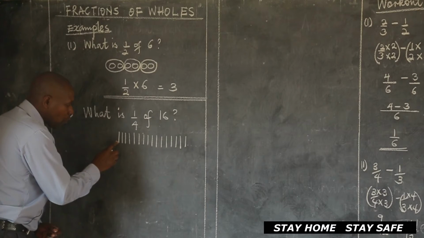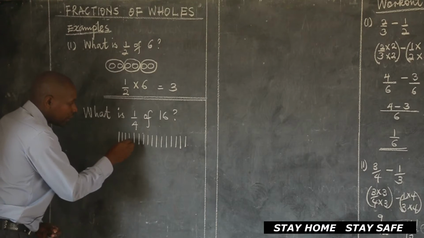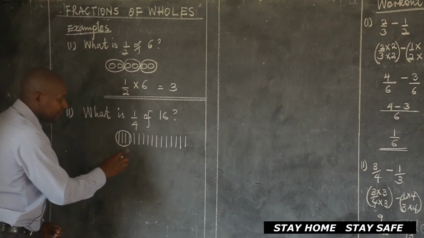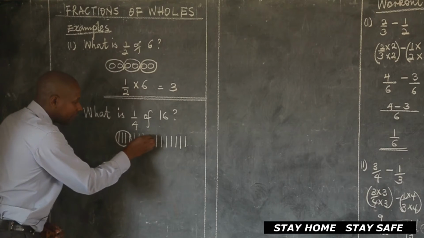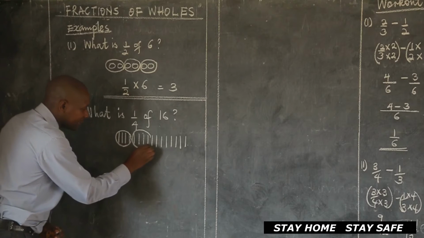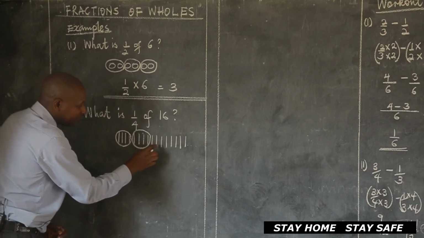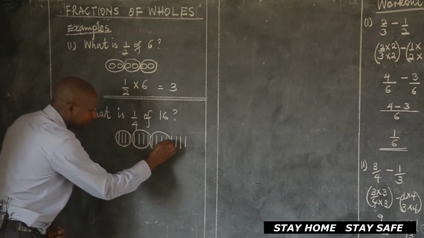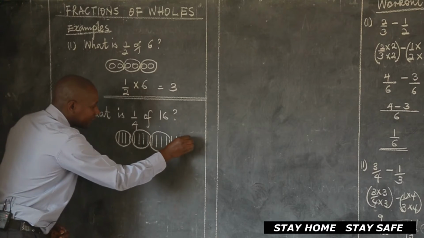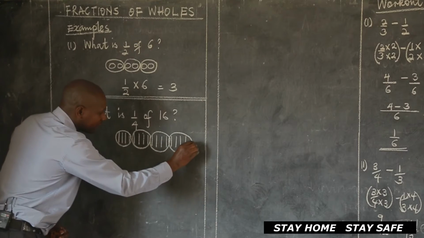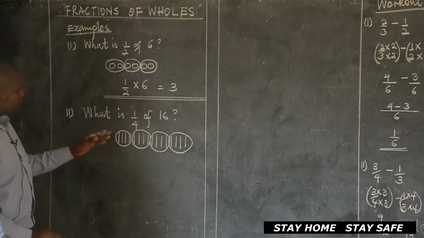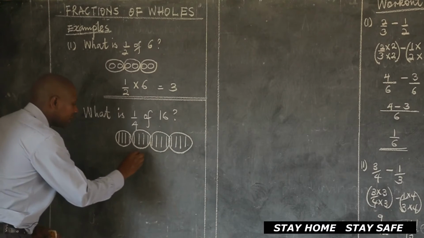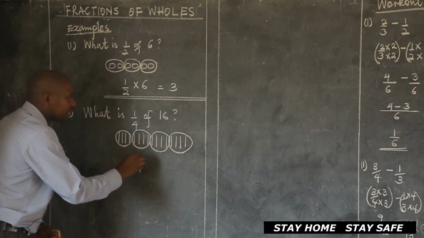So let's count. 1, 2, 3, 4. Assume this is one group now. Count another one: 1, 2, 3, 4. Those are 2 groups so far. 1, 2, 3, 4. How many are those? Those are 3 so far. 1, 2, 3, 4 gives us another group. Have you so far counted the groups? So we shall come and say, if I have a quarter, I've said the meaning of